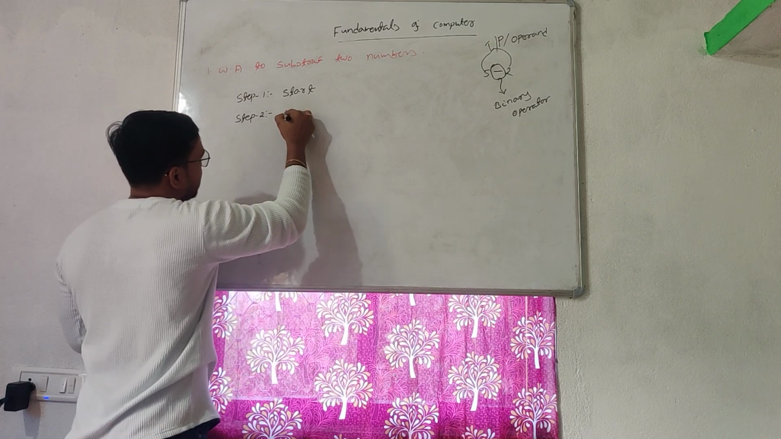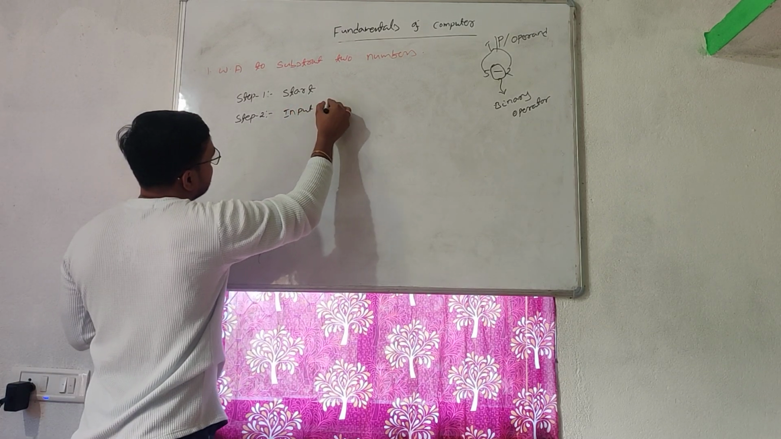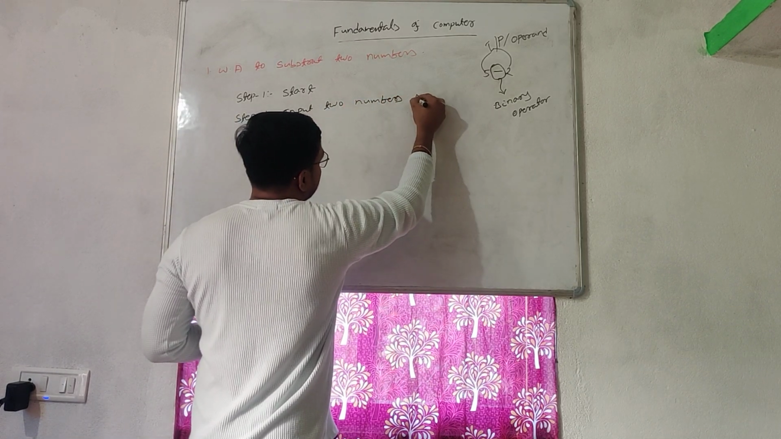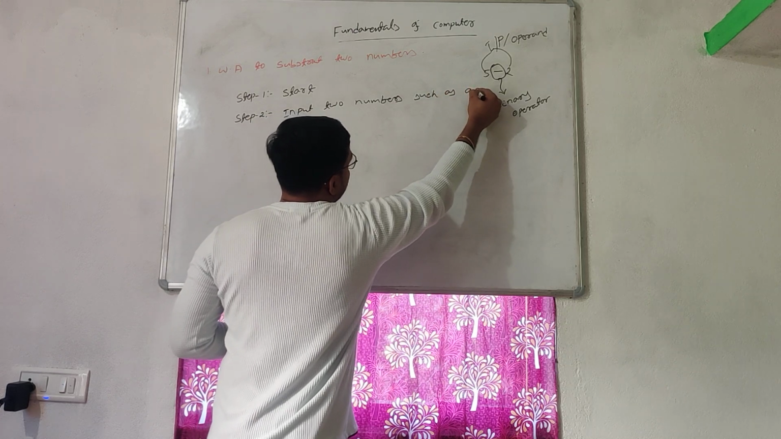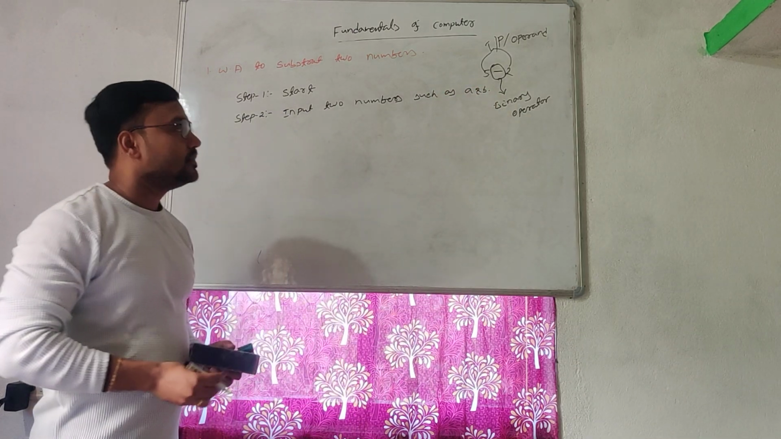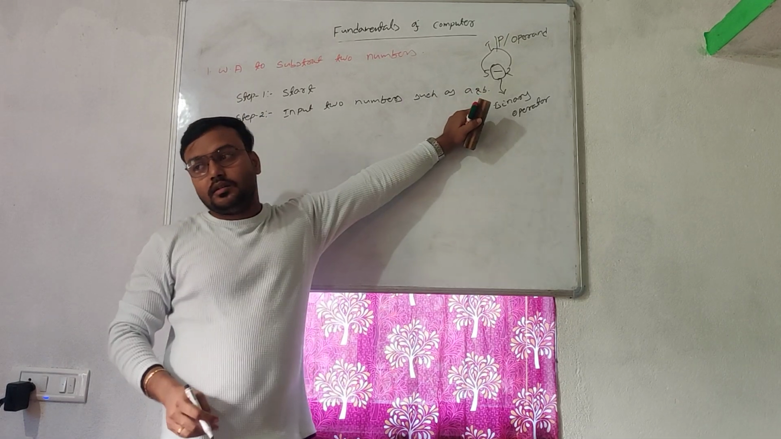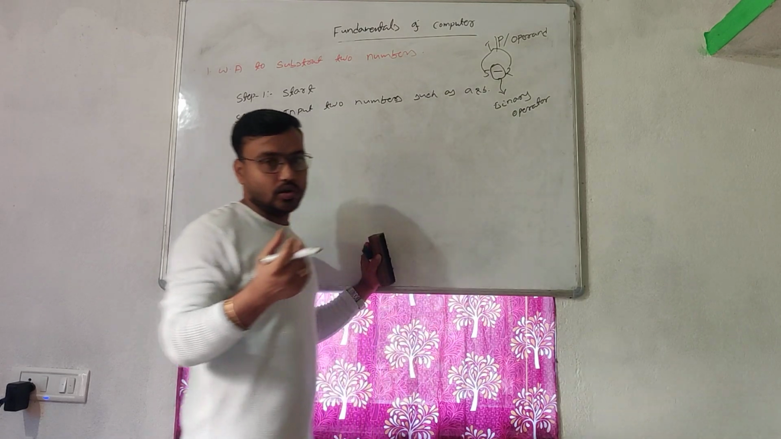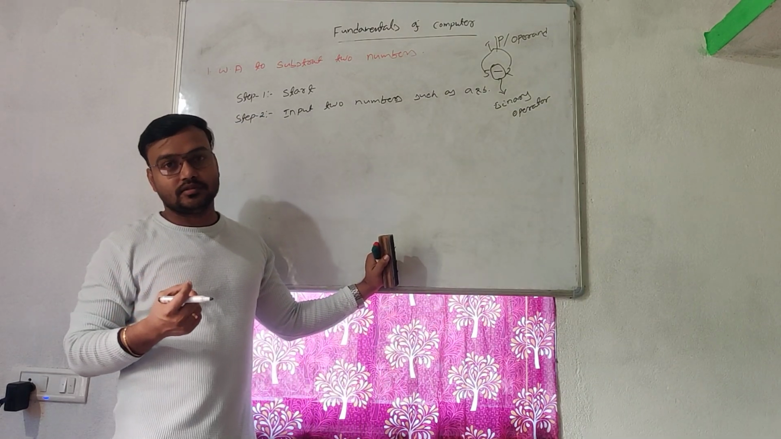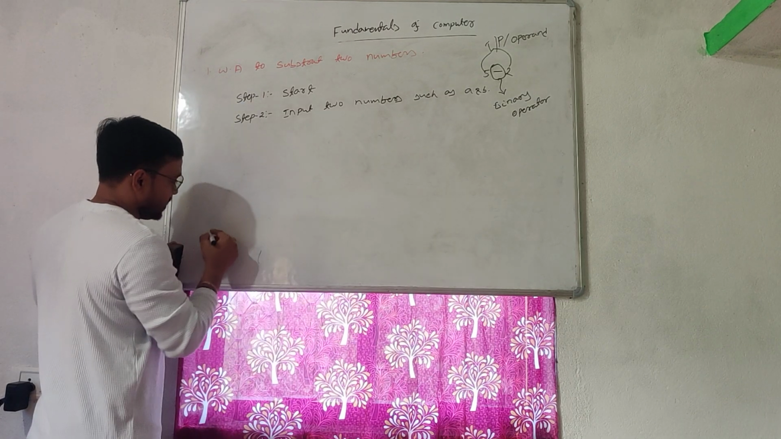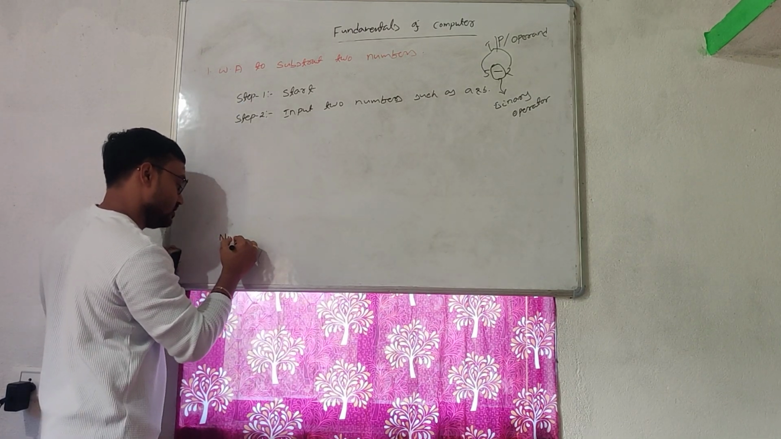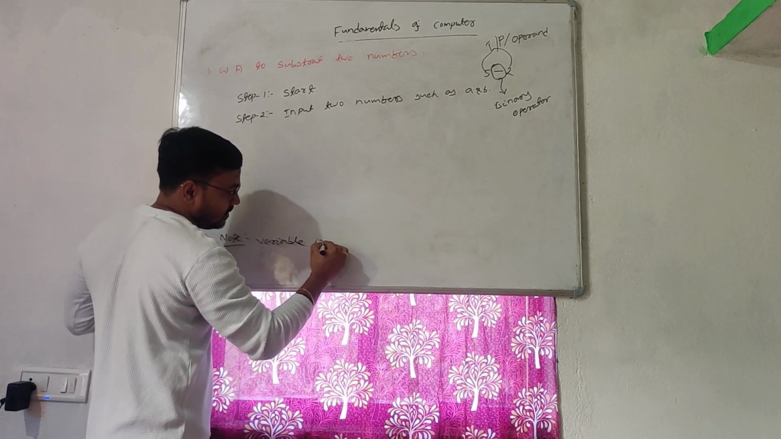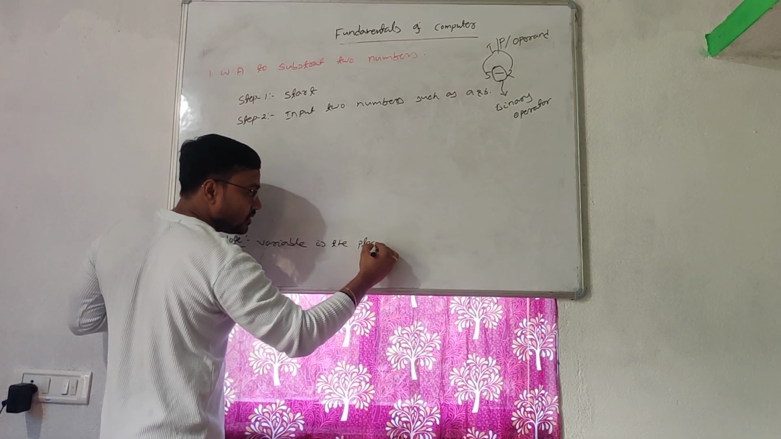Okay. Step 2: input two numbers, such as A and B. Here A and B are the variables. What is a variable? A variable is nothing but a placeholder which will store any kind of value. Just note it down: a variable is the placeholder